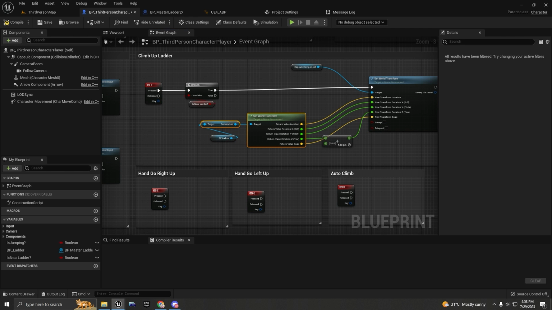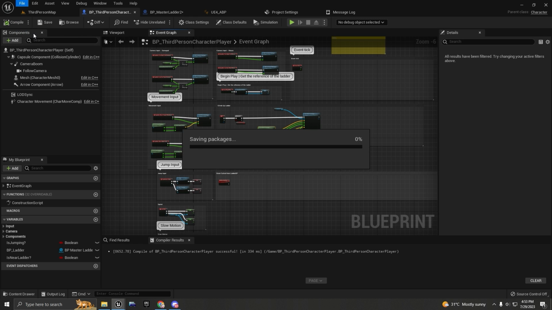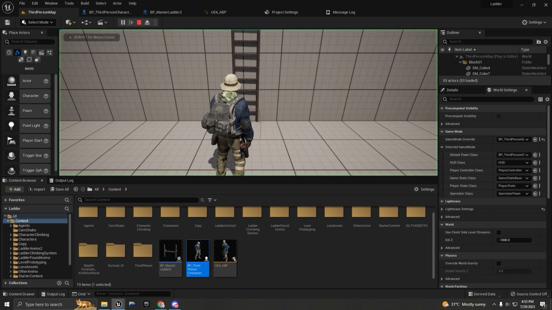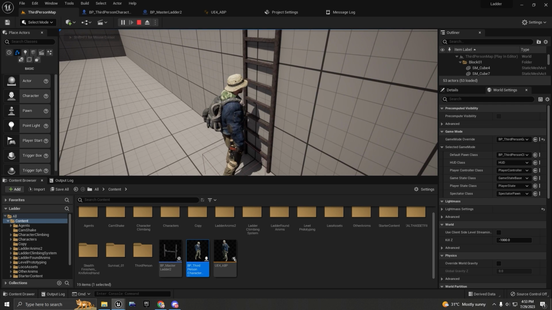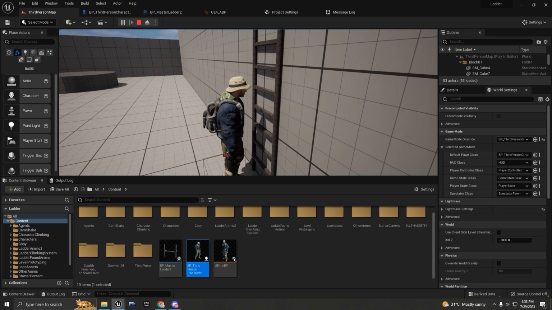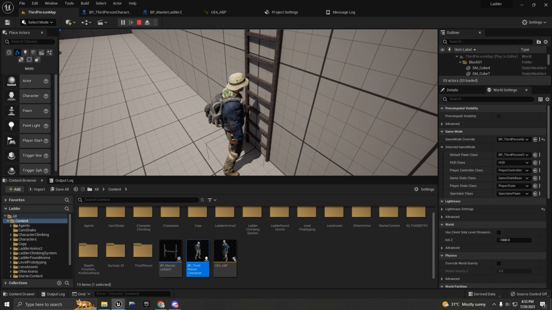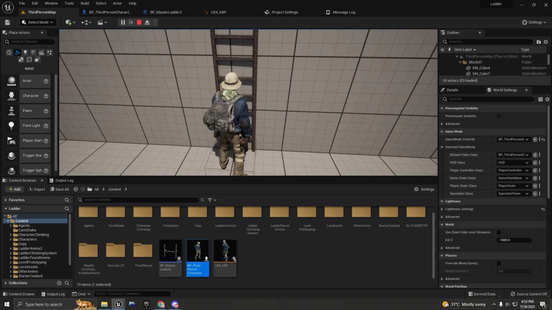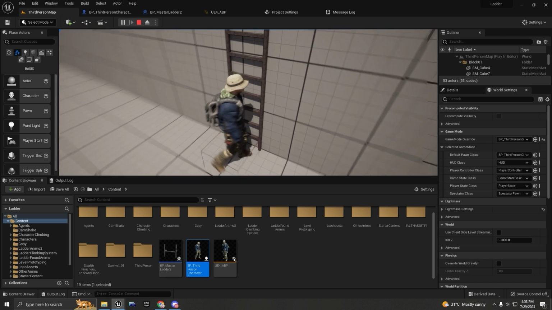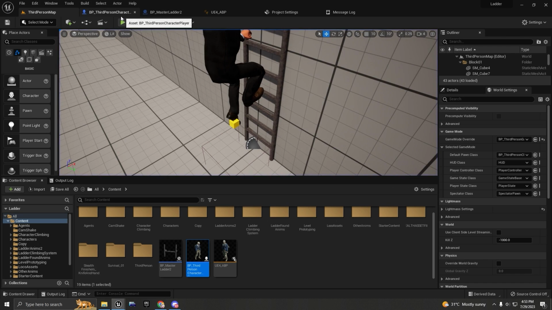So yeah, the next step, all right, let's actually just test it out to see what's going to happen. So a lot of people might be curious, well, what's going to happen if I press F? Then this happens. Nothing is actually happening right now because this is the location of where the character is going to be when he's going to be ready to climb up the ladder. So I'm going to